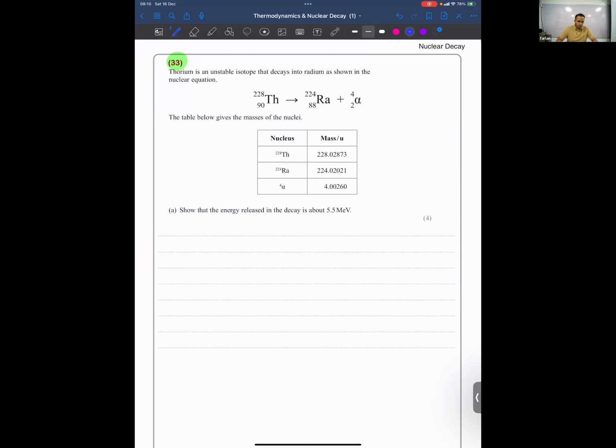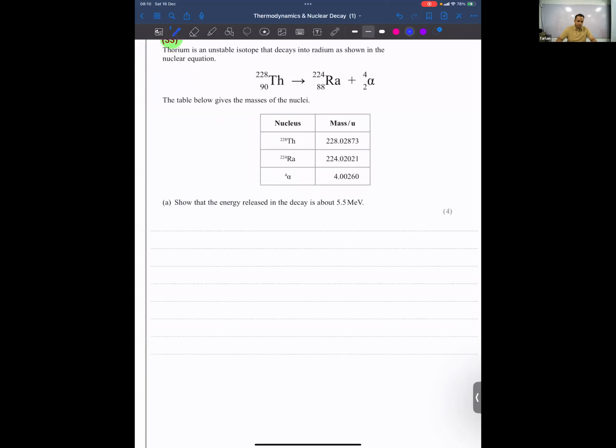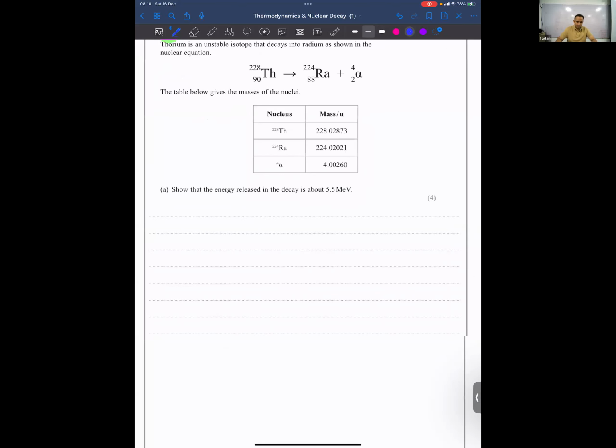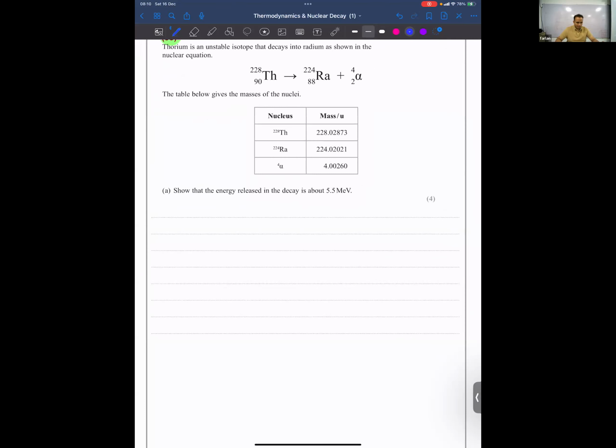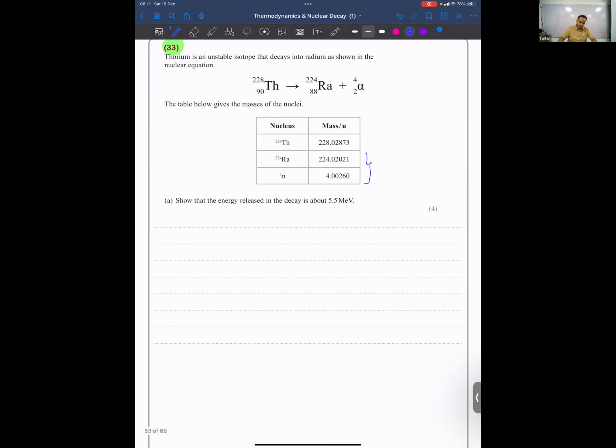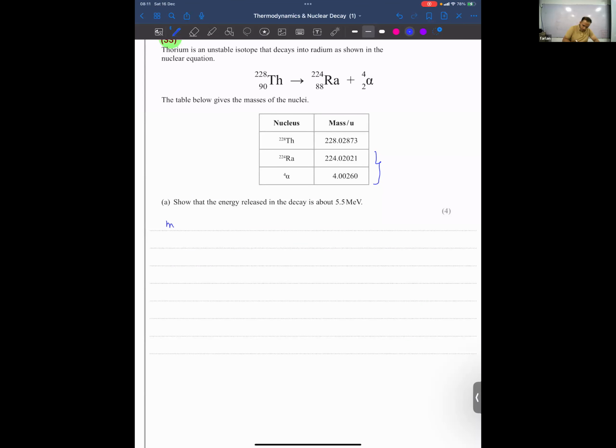Thorium is an unstable isotope that decays into radium as shown in the nuclear equation. The table below gives the masses of the nuclei. Show that the energy released in the decay is about 5.5 mega electron volts. The same thing we did in the previous question, we have to do again. It's okay, we'll do it. So after the decay, the mass produced is this radium, and I don't know whether it is radium, radium and the alpha particle. So the M2 is going to be